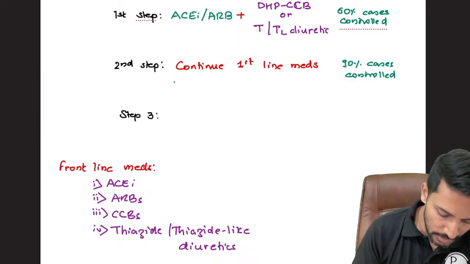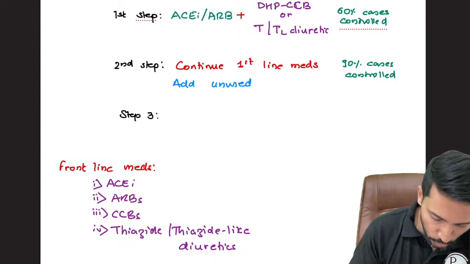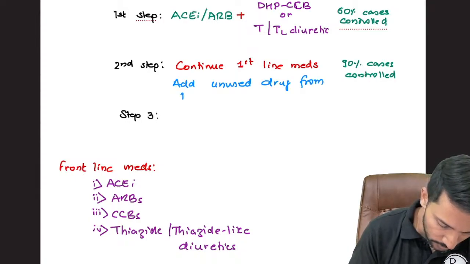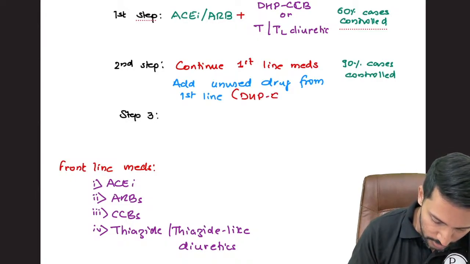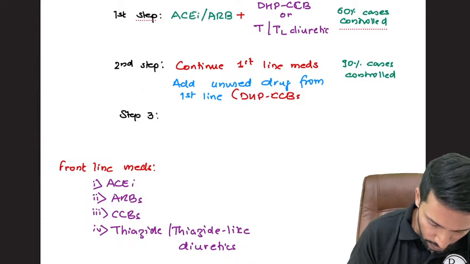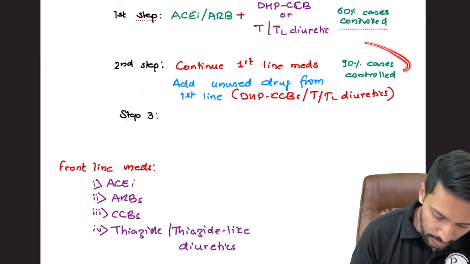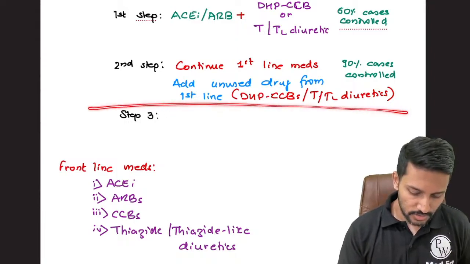So continue first line medications plus add the unused drug from first line. That is, either you would have used dihydropyridine calcium channel blockers, or you would have used a thiazide or thiazide-like diuretic. Whichever you have not used, choose one of them. Now another 30% of the patients will be well controlled with this. Now once you reach this stage,